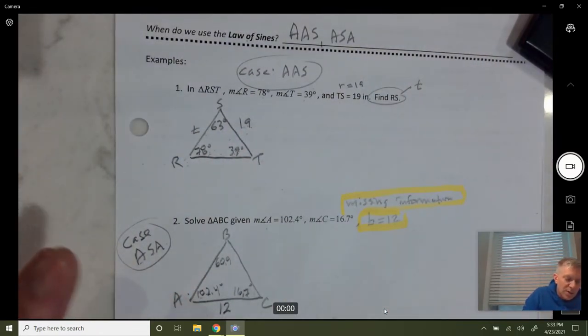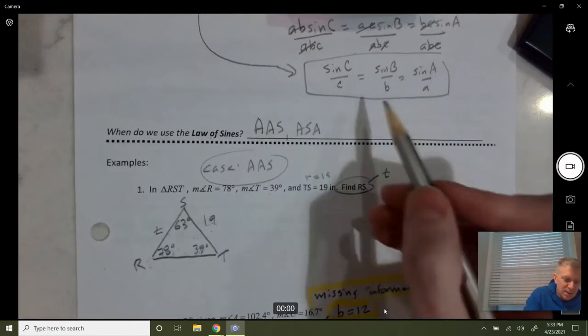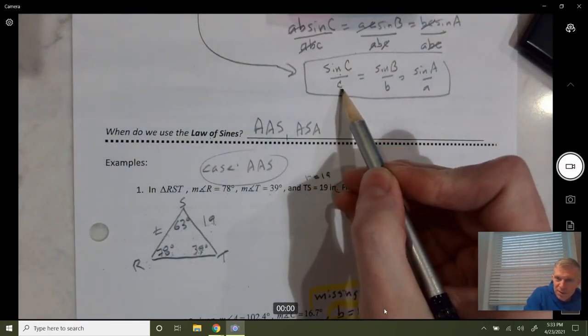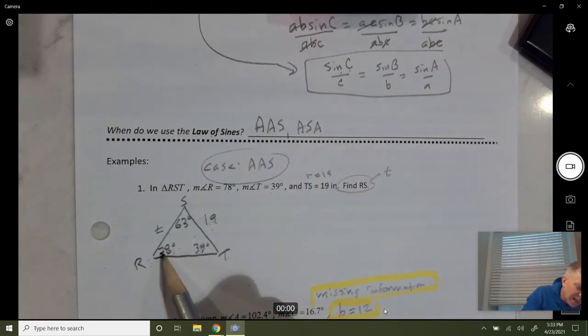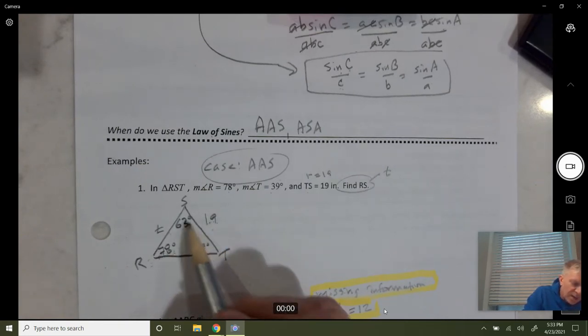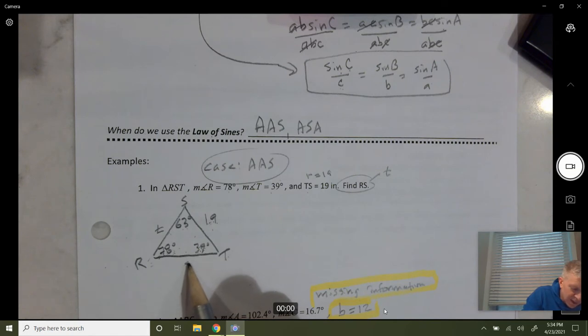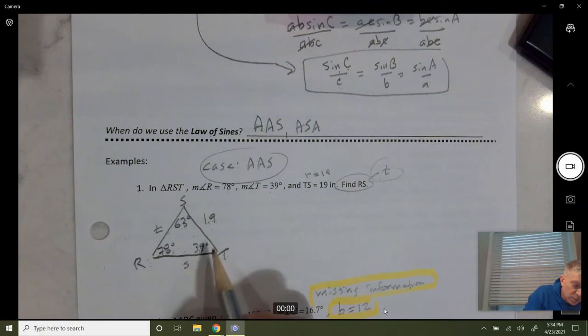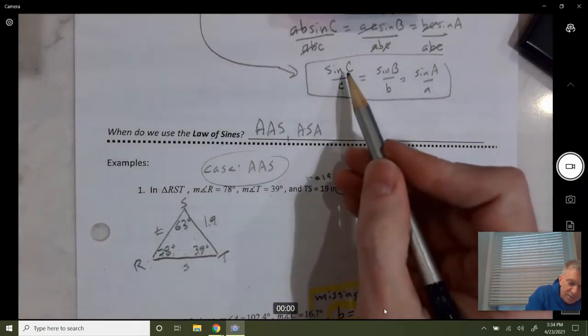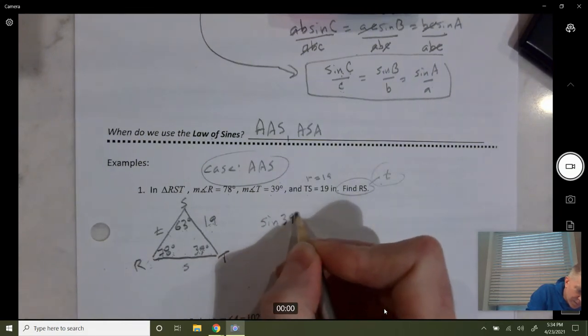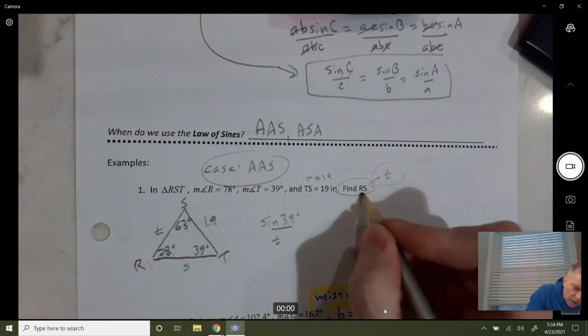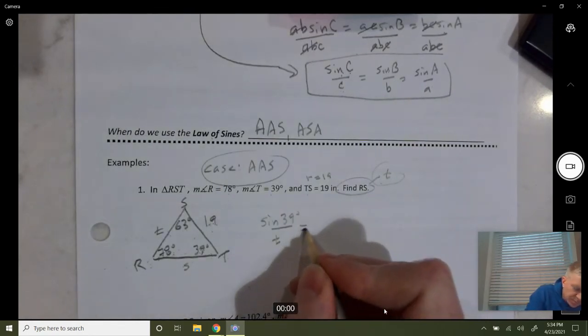So to set this up, remember what the law of sines is: sine of an angle over the side across from that angle. So you've got pairs: angle R and side r, angle S and side little s, angle T and side little t. Here we need to find this one, so we need to use this pair. Sine of 39 over little t, or over RS, whatever you want to call it, is equal to